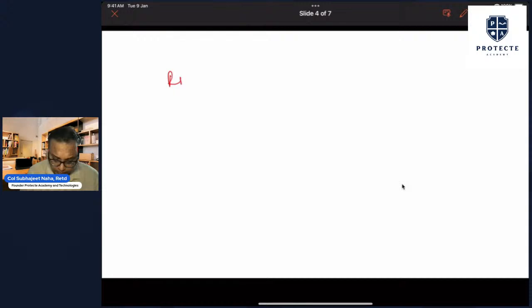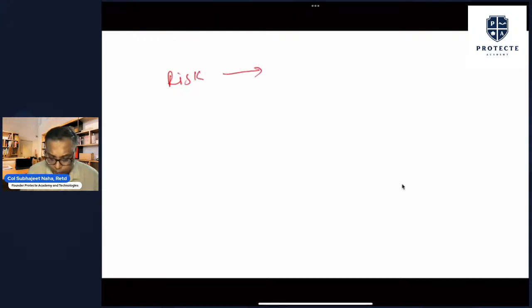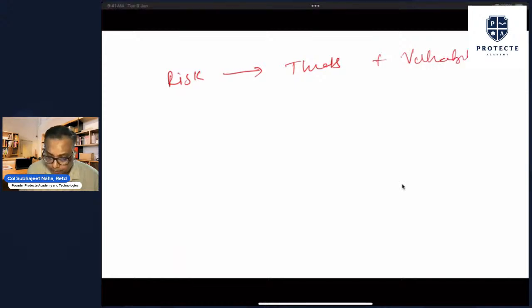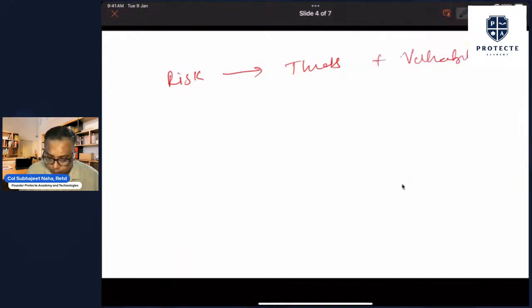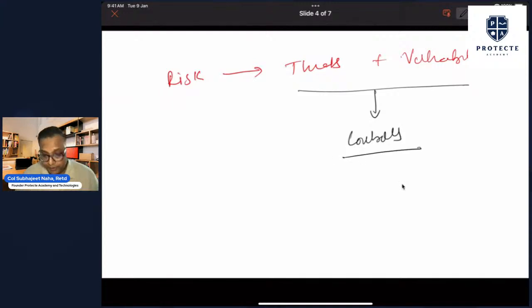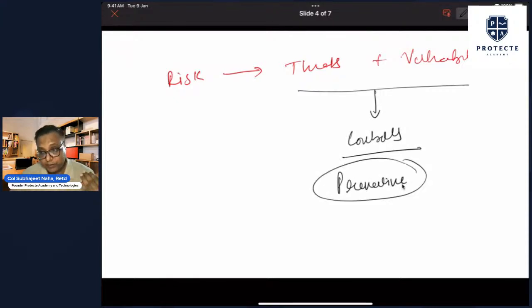Okay. You've done your risk management, right? You've understood what your threats and vulnerabilities are. Okay. And the next thing you do is implement controls. So now you have taken preventive action. You've taken a defensive action, a preventive action, which will keep your business